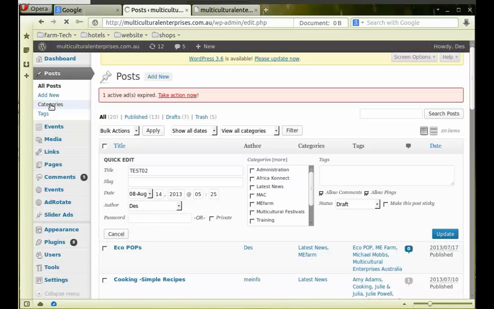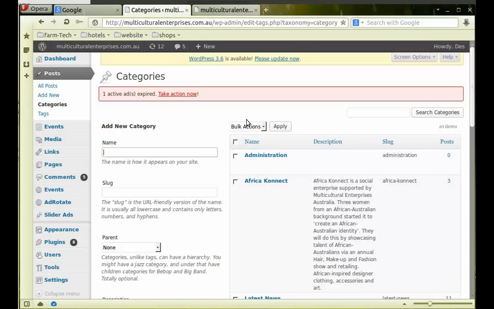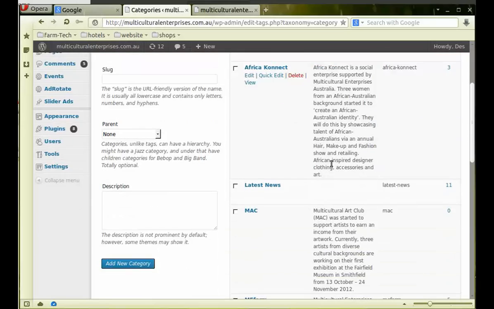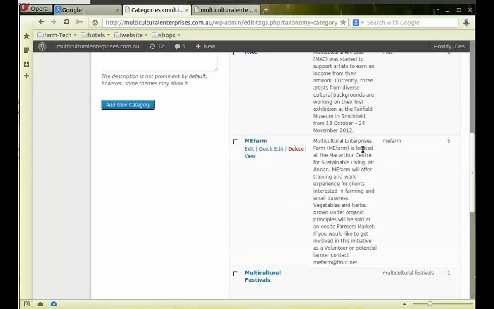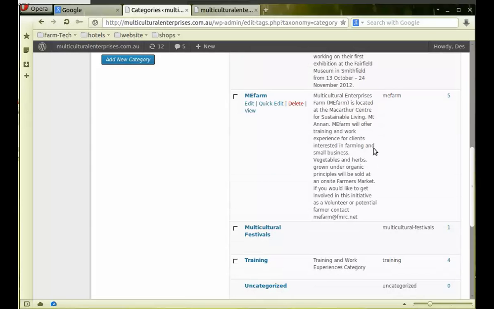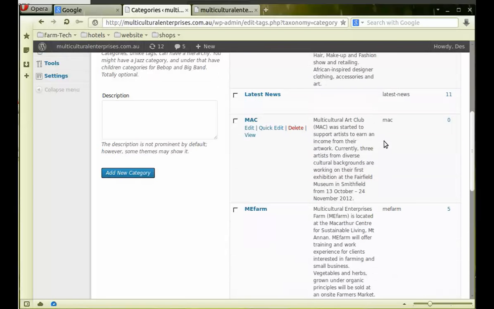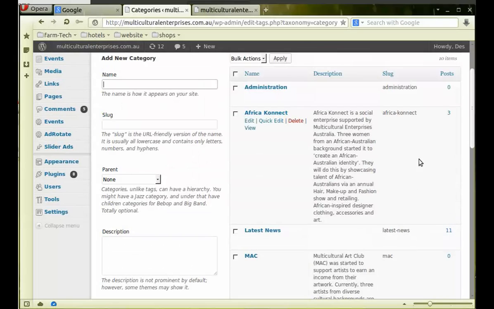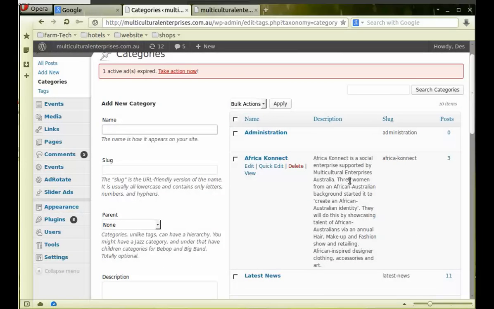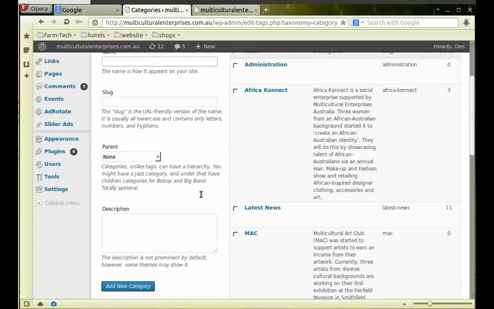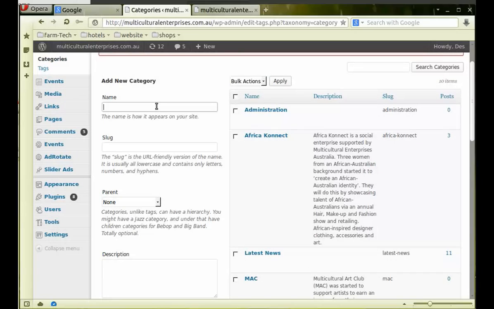category. This is a list of category. With the category, you really don't need to come to this and create a new category here, but you can create them in the other section. But if you want to list a proper name to the rest of the category, you can type in category name, Slug, okay, URL friendly version of your name, okay. It normally creates automatically by the system, but if you need to have it in a different form, then you